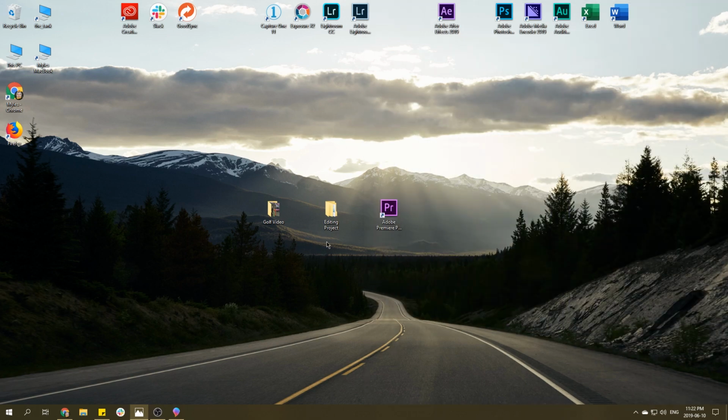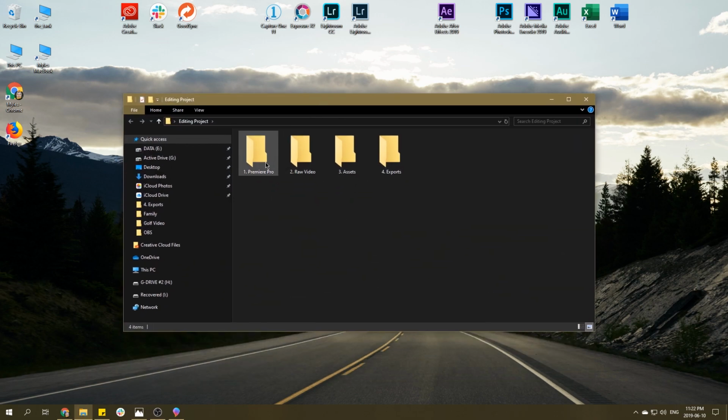So the first thing that we're going to do is I always like to make a new project folder. It's important to keep everything organized so that you don't lose track of it later. So what I would recommend doing is create a folder like this one. I named it Editing Project. And if I just open it up, I've created 4 folders here. And I would do the same thing for your project. So I like to number them so they stay ordered and organized, but you can do it however you like